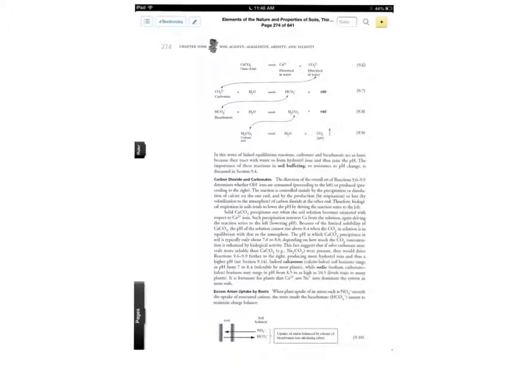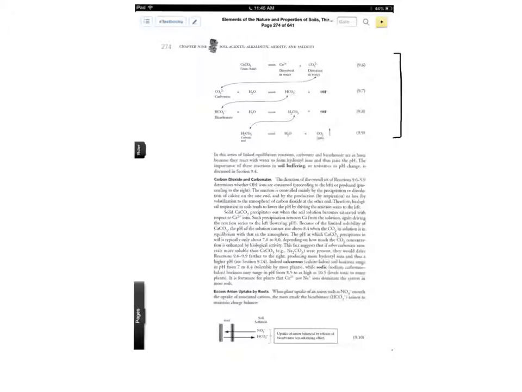This is obviously page 274 from your book. I wanted to say a couple of things. This stuff up at the top, these equations up here, might look kind of complex, and that's okay. There's some chemistry going on in there. What you really need to know is we're in the section that is talking about the